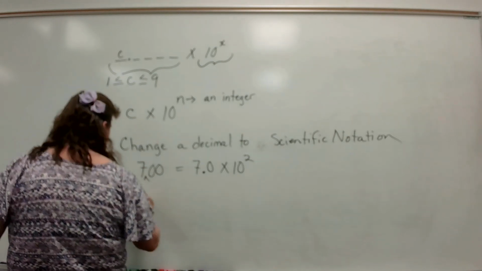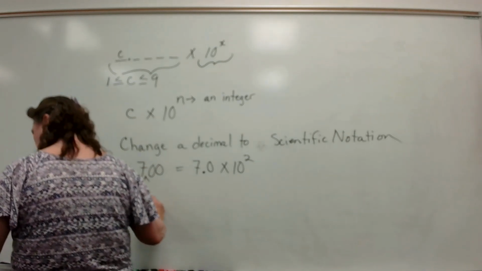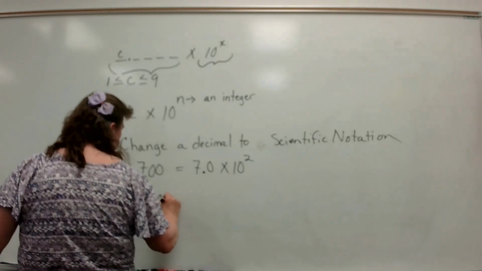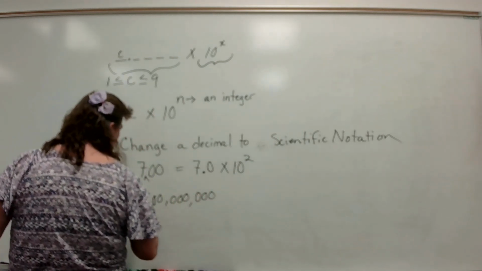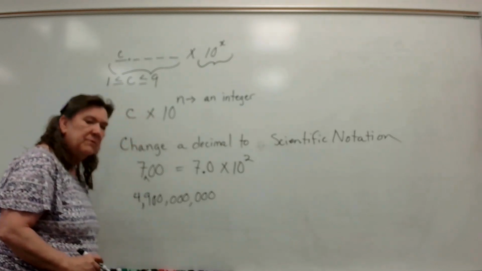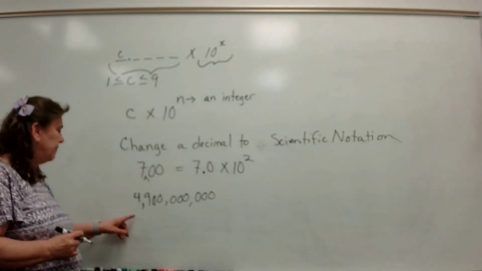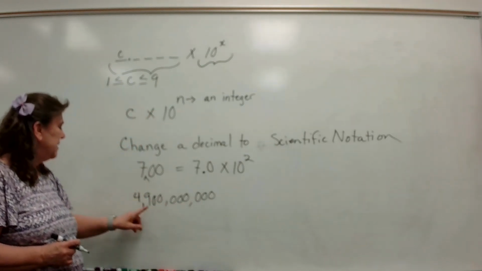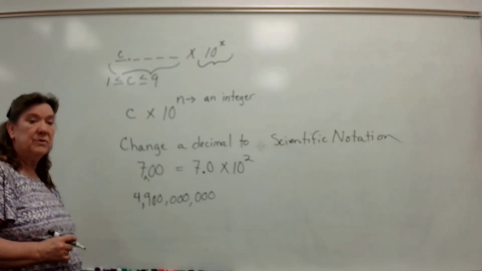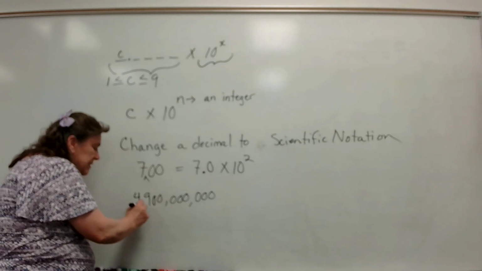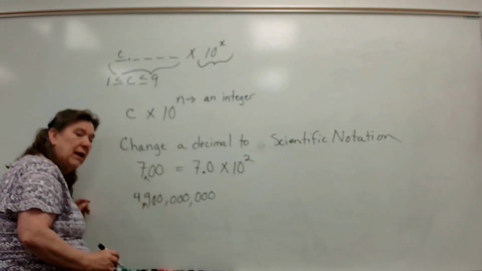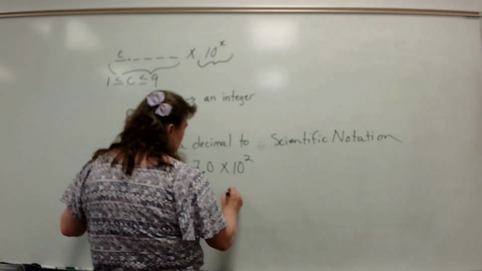How about this one? 4,912,123,23. Okay? It's a really big number, isn't it? Thousands, millions, billions. 4,900,000,000. It's a very large number. So our decimal point is going to have to go right here after the 4. So this would be